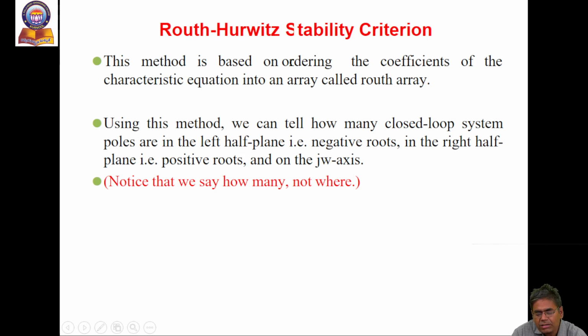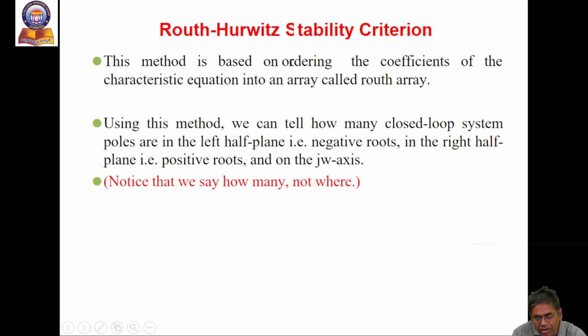This method is based on ordering the coefficients of the characteristic equation into an array called the Routh array. The coefficients of the characteristic equation are arranged in this array, which is known as a Routh array. Using this method, we can tell how many closed loop poles